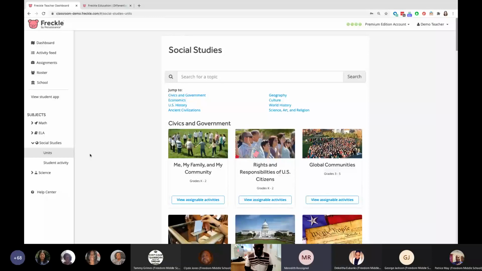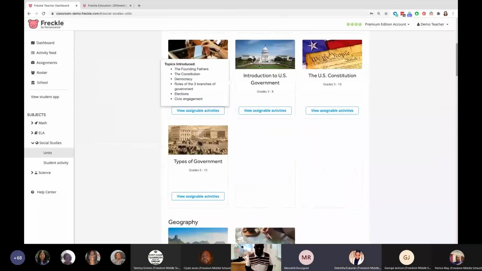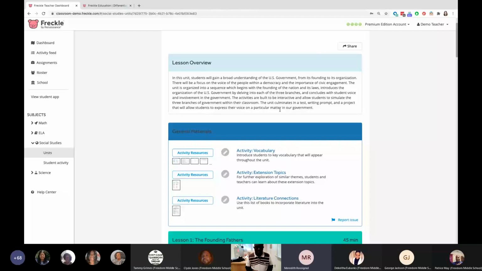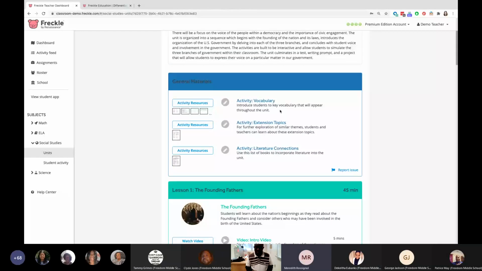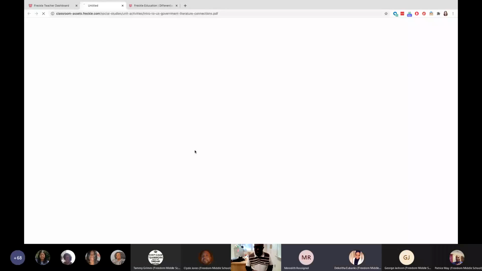So looking, for example, at Introduction to US Government. We just had a big election. So if you're wanting to teach about US government, you can look at this unit and there's a variety of resources that are available to you. The first being literature connections. So maybe there's a specific book in your library that you want to assign that goes along with this